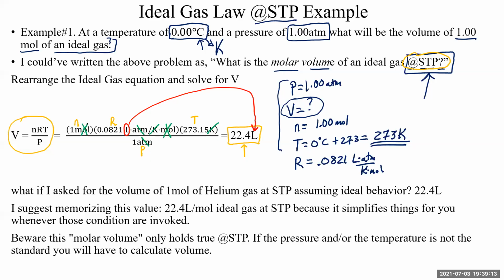All the units cancel out. So atmospheres with atmospheres, kelvins with kelvins, that's how it works. The units of the ideal gas constant R are always going to cancel out all the units except, of course, for the one you want, and that will carry forward to your final answer. So just be careful. You can use this little calculation whenever you have an ideal gas at STP and you need to calculate the molar volume, or if you need the molar volume to relate volume to moles. This is a quick and easy way to do that conversion.